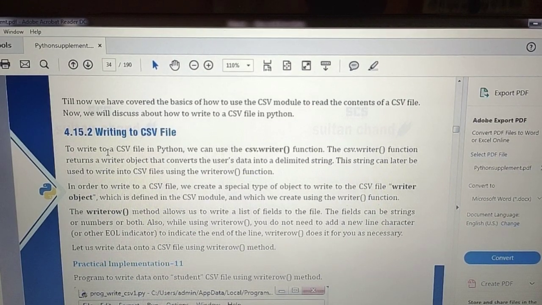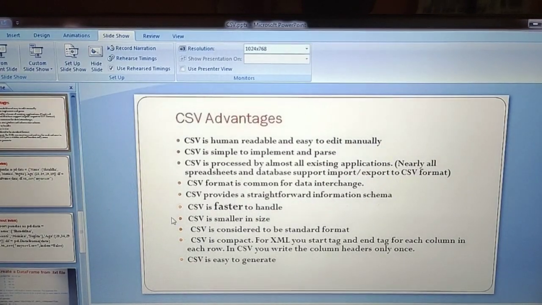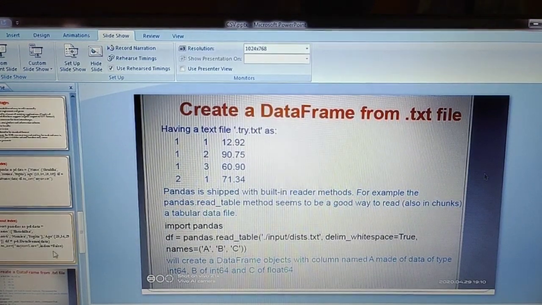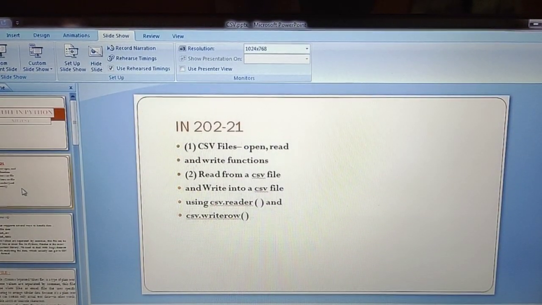If you're facing any difficulty, you can contact me and I will try to sort out your problems. But this is a new topic and you should revise this topic. So I hope you can better understand the concept of CSV file. Okay. So again, thank you very much.